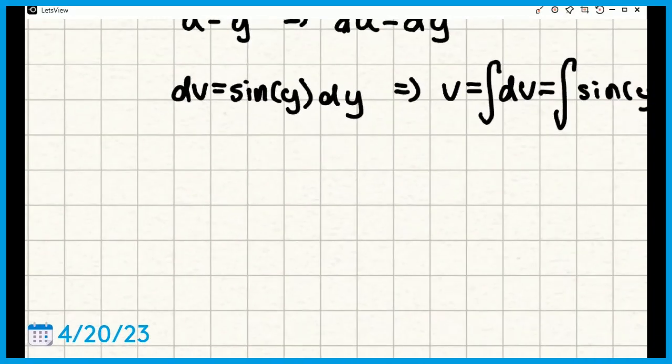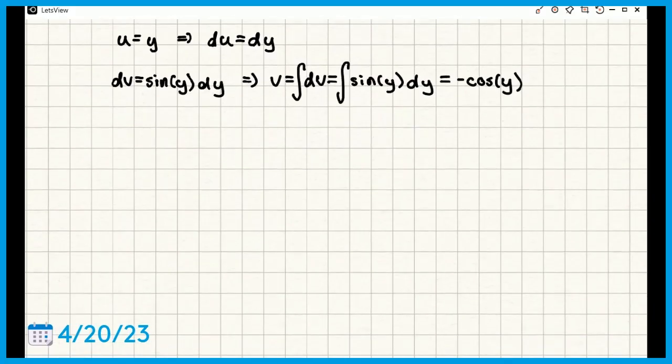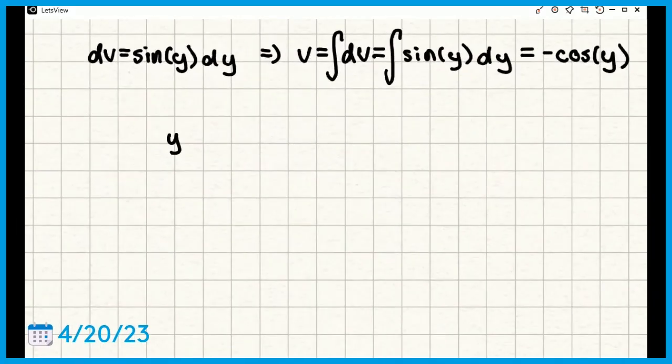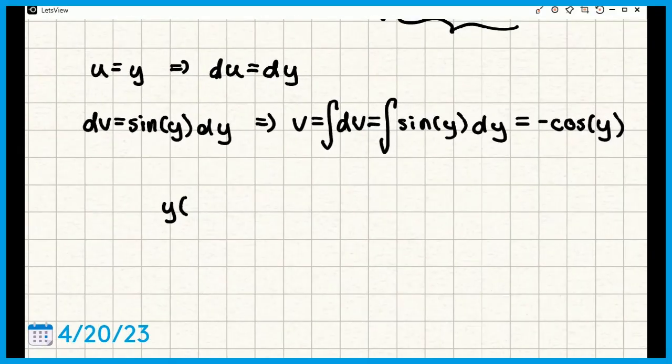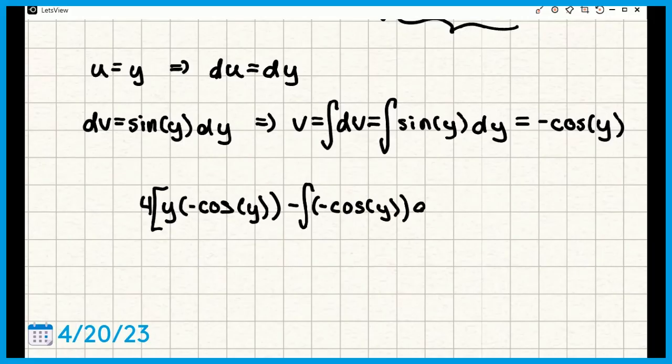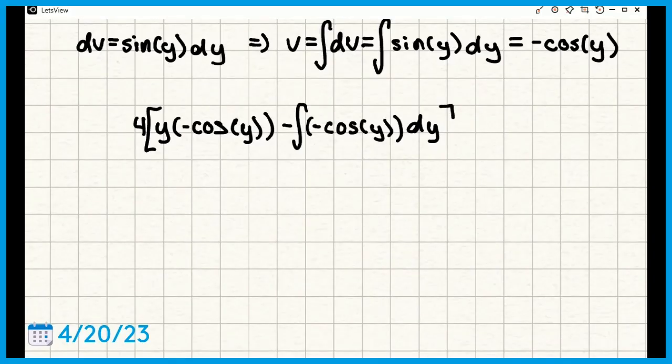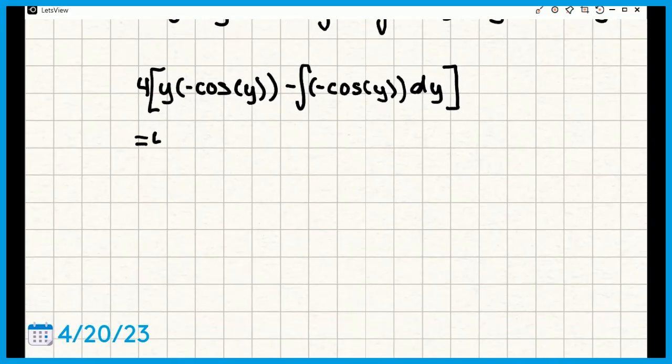But since we're going to be taking the integral of this expression again, we're going to save that for the end. Now we just plug and chug, and we get y times negative cosine, we need to remember to multiply this whole expression by 4, negative cosine of y minus the integral of negative cosine of y dy in parentheses, which gives us negative 4y cosine y